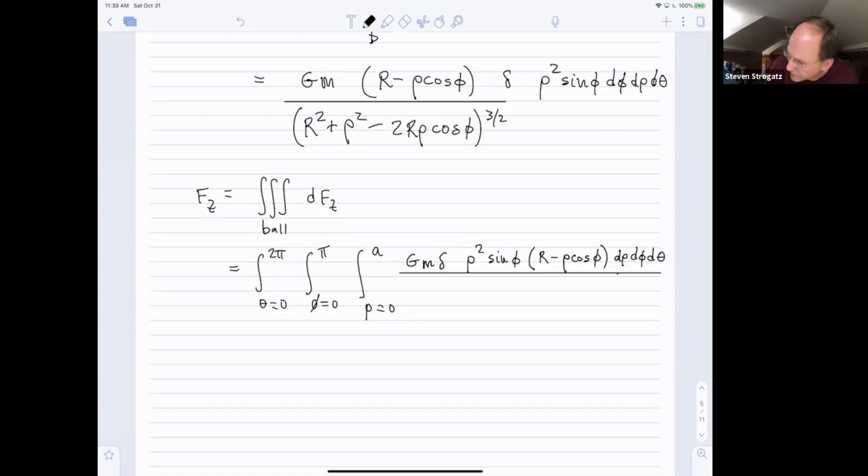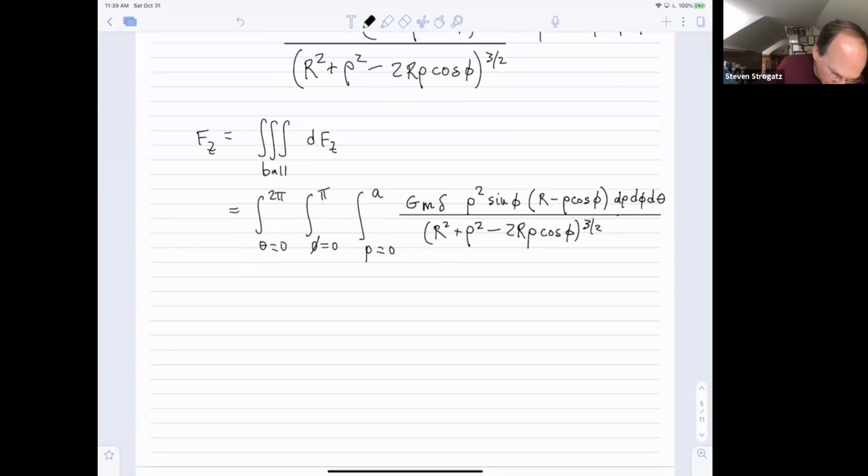Yeah, and then I have this messy 3/2 power stuff. r squared plus rho squared minus 2r rho cosine phi, to the 3/2. Okay, so it looks intimidating, but just stare at that for a minute. As in a lot of these problems with axial symmetry, nothing is happening in the theta direction. You'll notice nothing in the integrand depends on theta. So we can instantly do the theta integral. It will just give us 2 pi. Everything else is independent of theta. So we could do that first, and we'll just get 2 pi